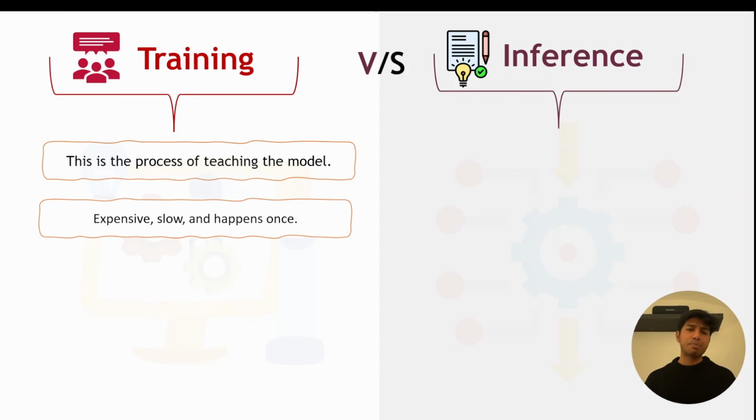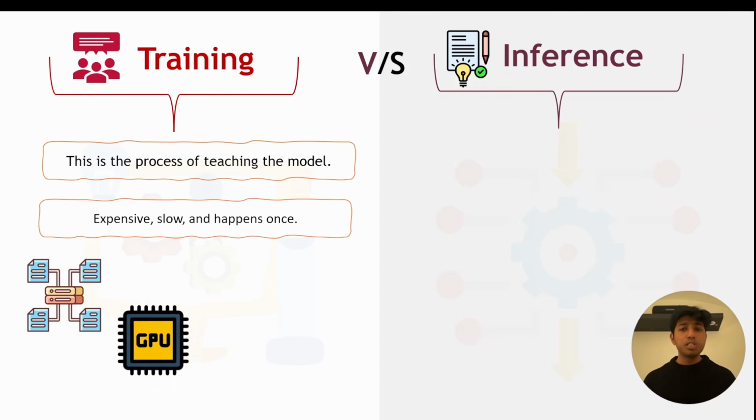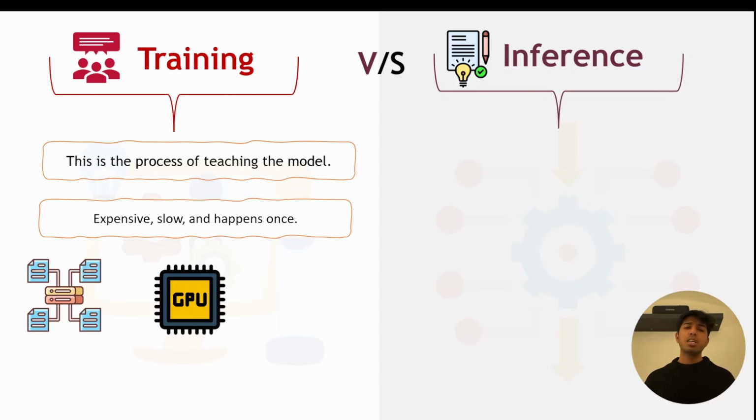Now, what do you mean by very expensive? Why is it expensive? Because it trains on an enormous amount of data. You need a lot of data collection before you train a model. Now, what else do you need? You need high computing power. Now, why high computing power? We need GPUs. GPUs are very expensive. They cost you around $10,000 to $50,000. So that's why training a model is very expensive. And you need time, right? You need to invest a lot of time in order to train the model.